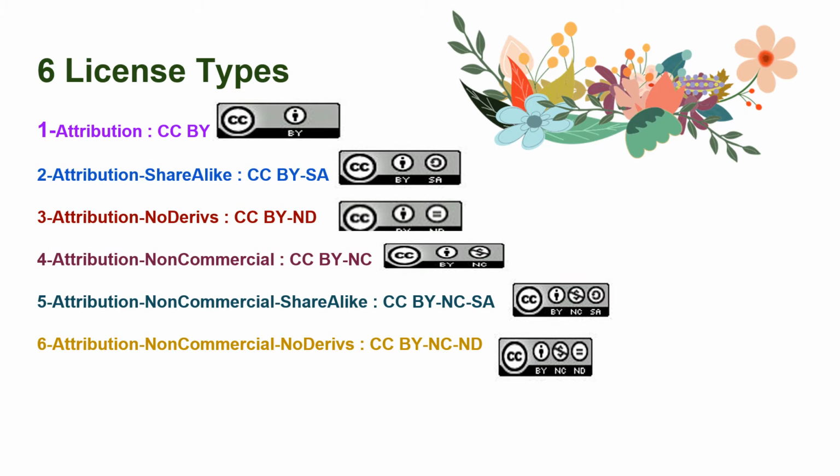There are 6 license types. The first type is attribution, CC BY. This license lets others distribute, remix, tweak, and build upon your work, even commercially, as long as they credit you for the original creation. The second type is attribution share alike,